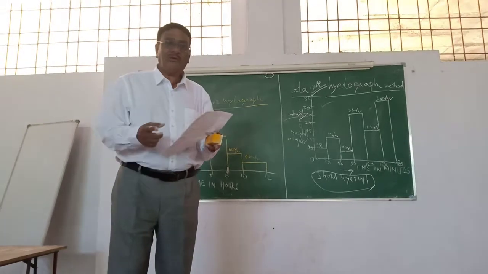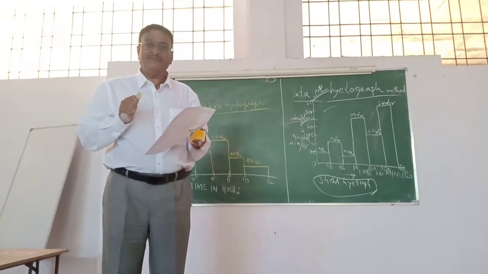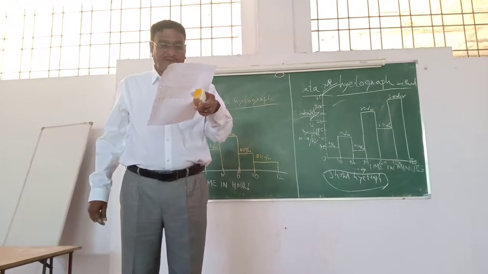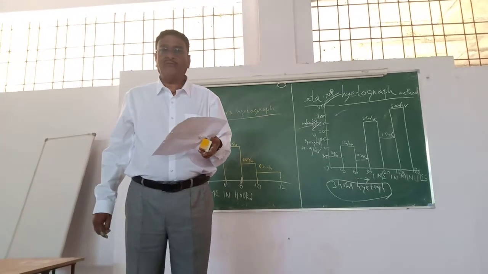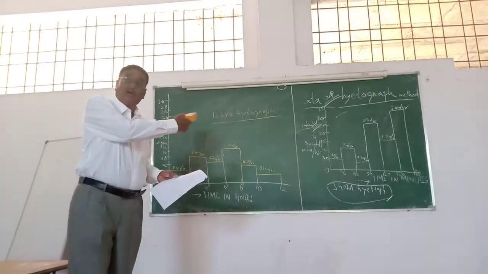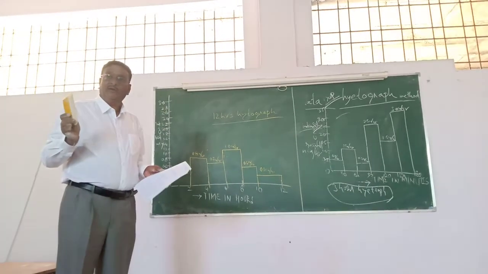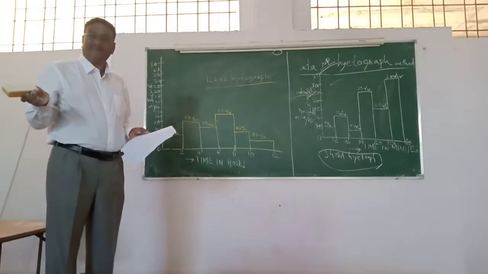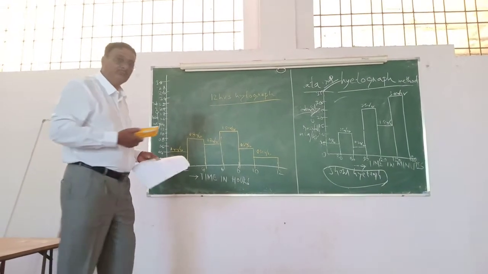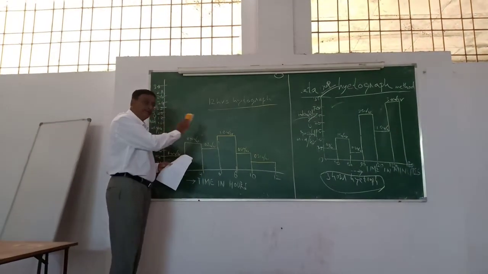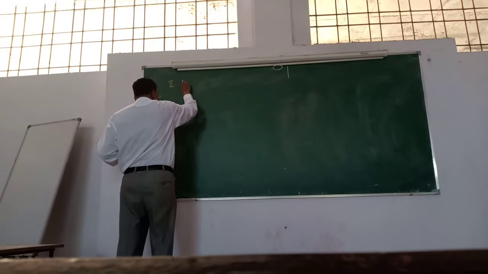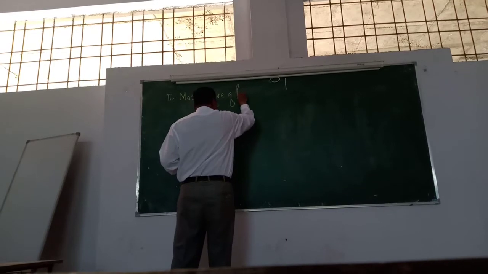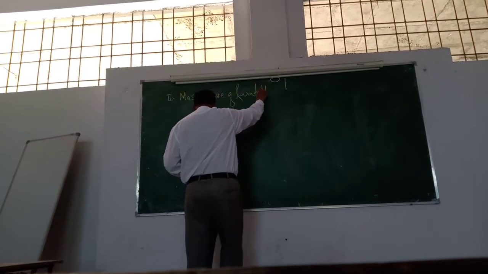Next, second method. What is that? Mass curve of rainfall. So did you take both the things? Important. Both sketches are very important. In the examination, if you write these two sketches and explain the hydrograph in 2 or 3 sentences, you will get full marks out of 4. Shall I? Yes, sir. Mass curve of rainfall method.